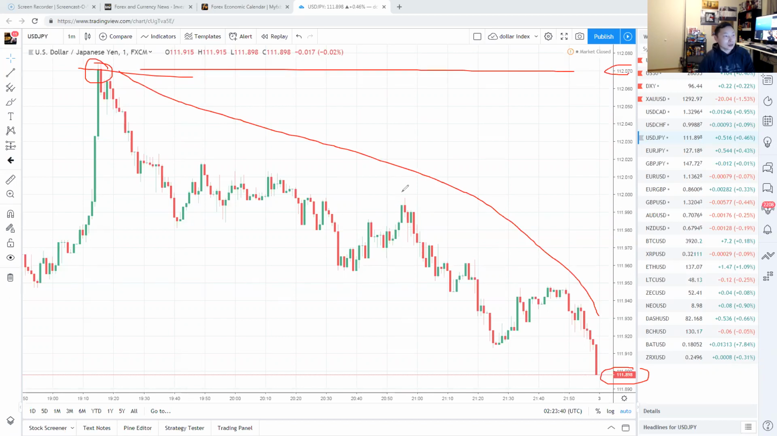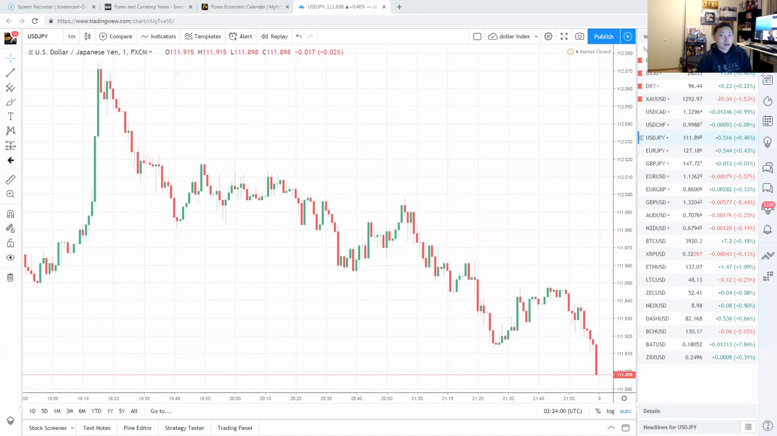Like I said, this is New York sessions based on the 1 minute chart, and this is the last couple hours of New York sessions where USD JPY was going up, hit a pretty high price of 112, and ended up retracing all the way down to 111.89. All right, so